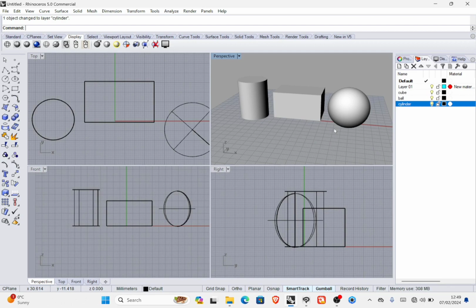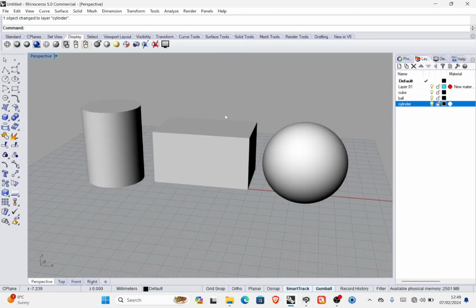If you are going to render, let's say, these 3 objects in KeyShot, when you import it without layers, the moment you drag a material on it, the software sees it as one whole object. Since it's on one layer, that's the default Rhino layer, it will apply that material to the whole thing